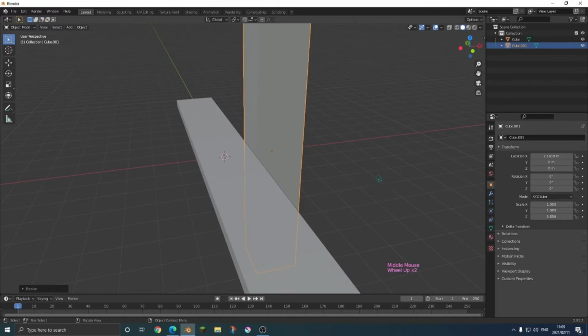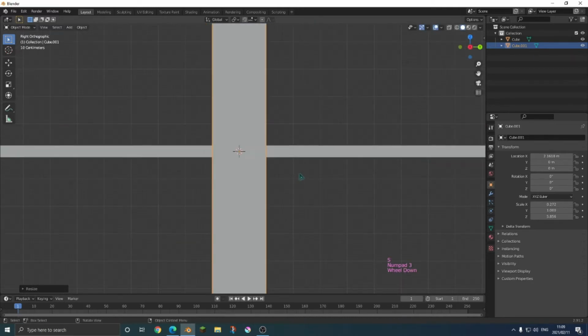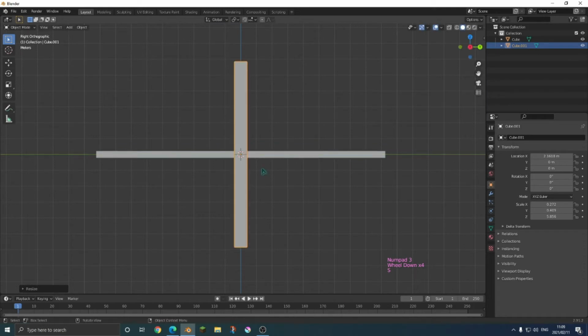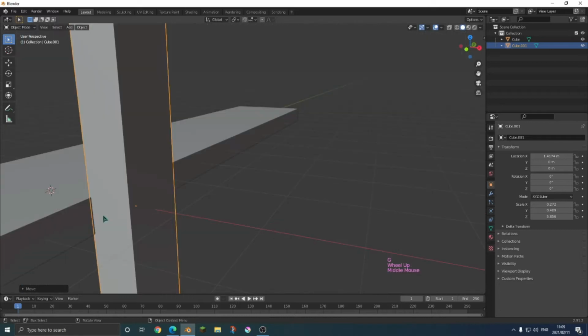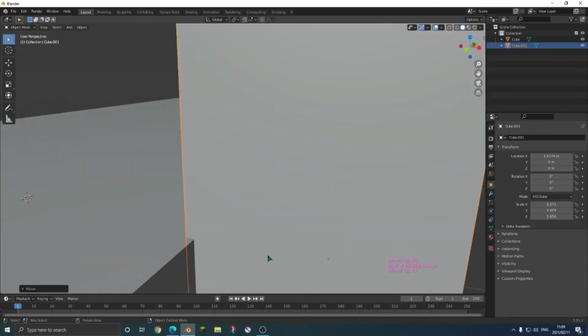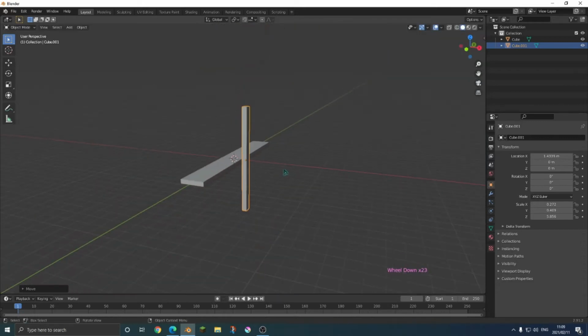to make it taller. SX and SY. Good. Then GX, put it in there again. GX Shift to move it at small increments. And there. Now